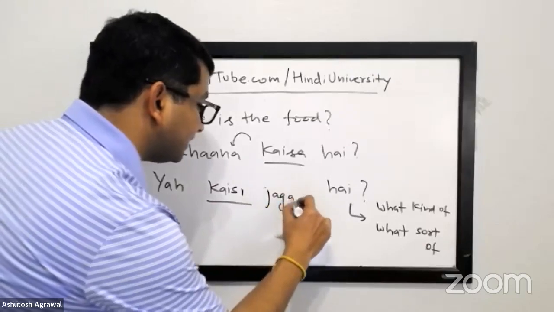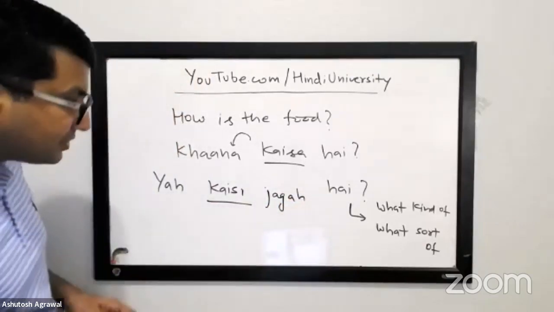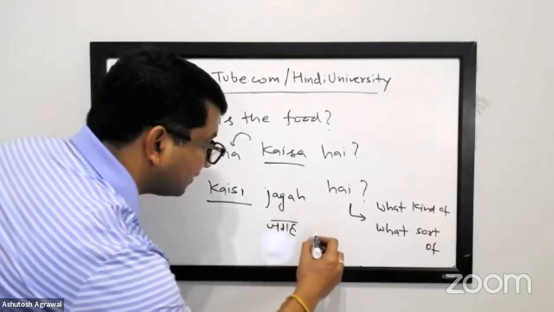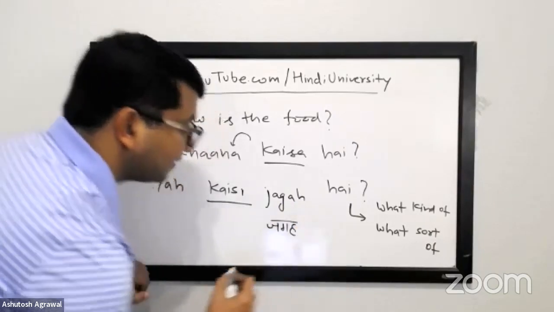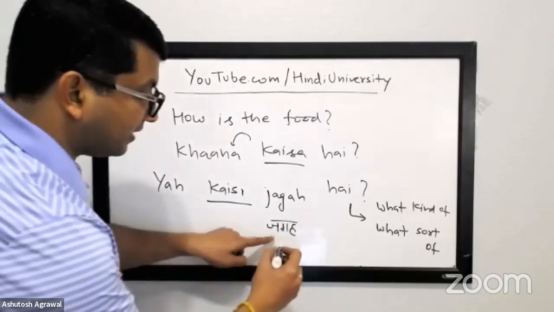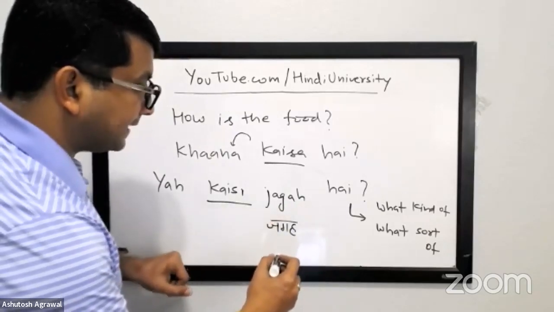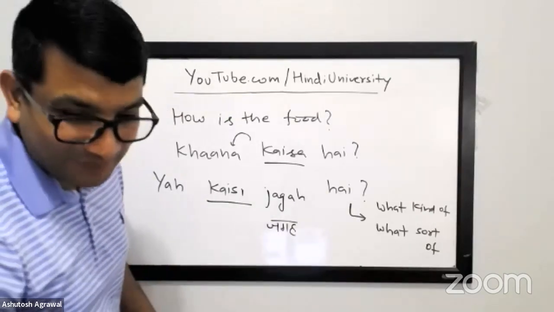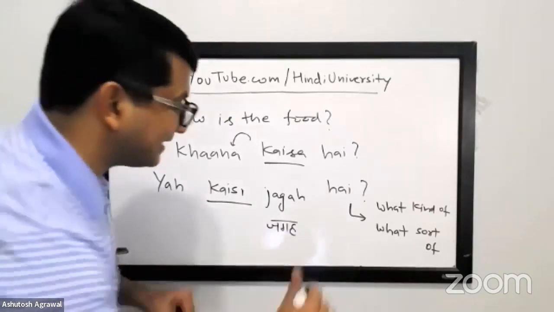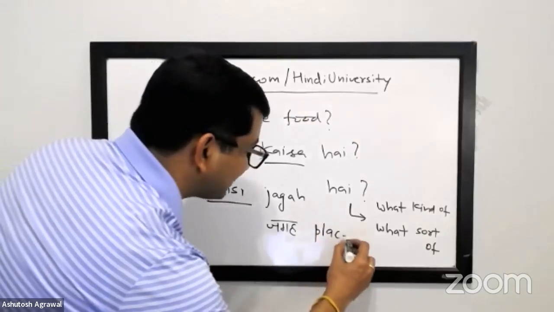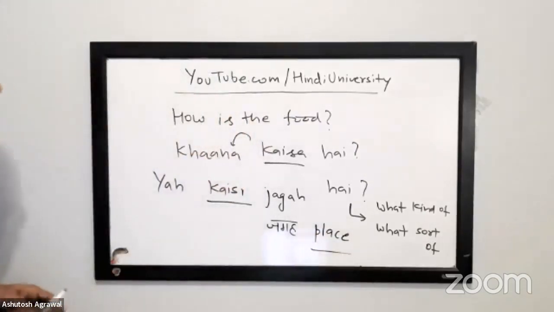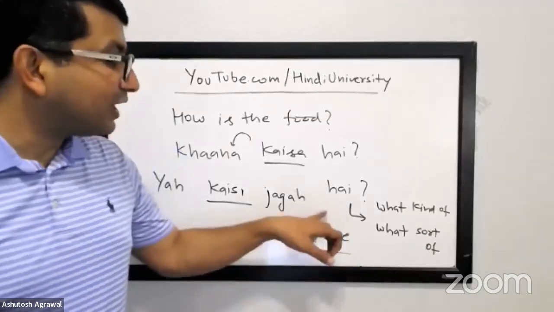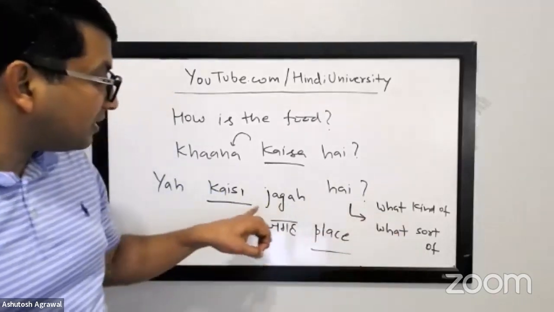What is जगह है in Hindi, Daniel ji? What is jagah? Jagah is that to make do or to adjust? No, jagah hai. Beach? I don't know. Place? Place, very good. It means a place. So, ठीक है, what does it mean now, Daniel ji? ये कैसी जगह है? How is the place? What kind of, remember, jagah. What kind of place?